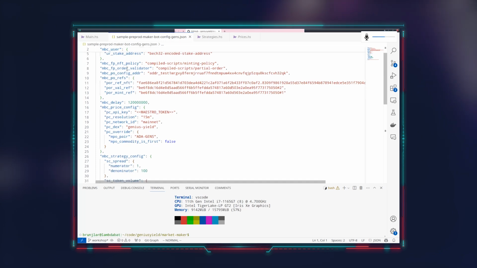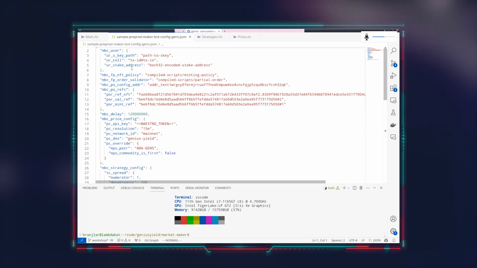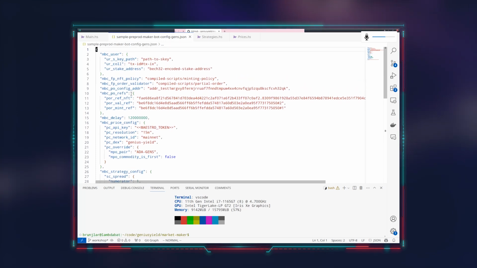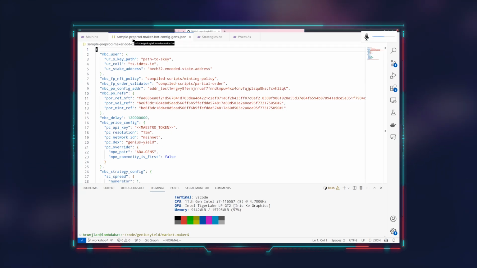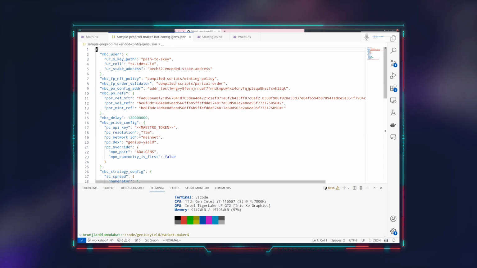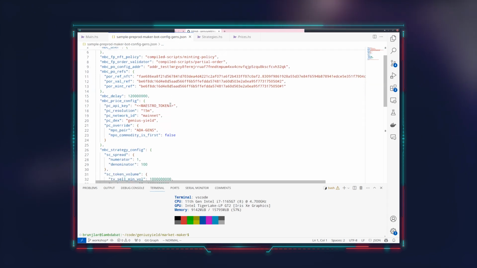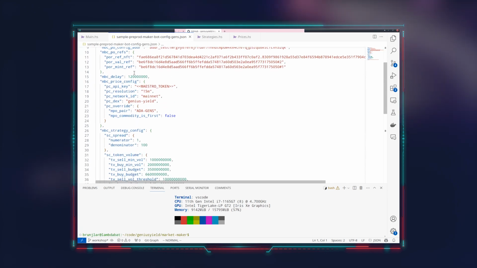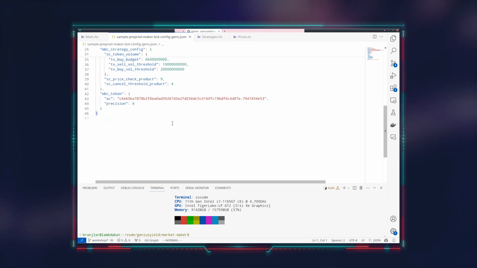Okay, then the next part is you can just leave it as is. There are 2 versions of these sample config files, one for the pre-prod testnet that I'm using now, and one for the mainnet. So these things here will be different for the mainnet, of course. So that's configuration for our DEX. Then there are bot-specific configurations. As I said, I don't want to go into all of them, but